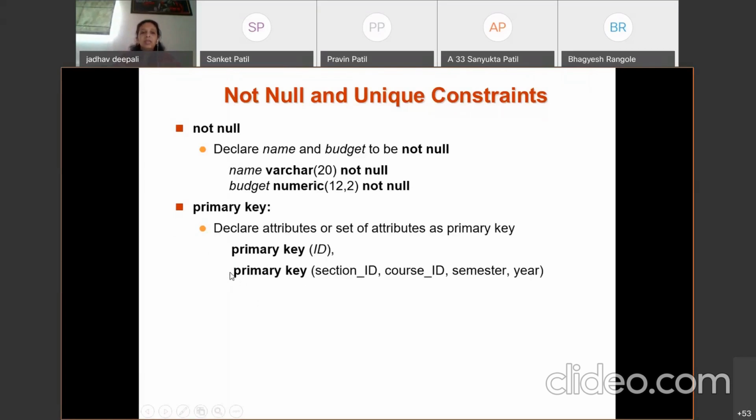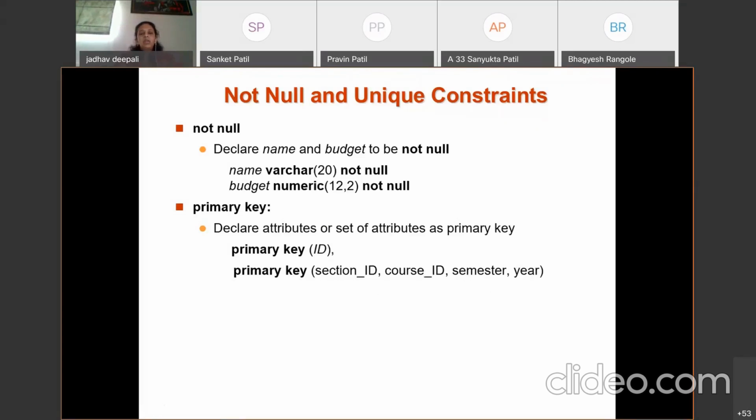So how do we define it if there are multiple attributes as a primary key? Primary key in brackets, with commas used to separate them. So these 4 attributes, section ID, course ID, semester and year, become the primary key of the section relation or section table.